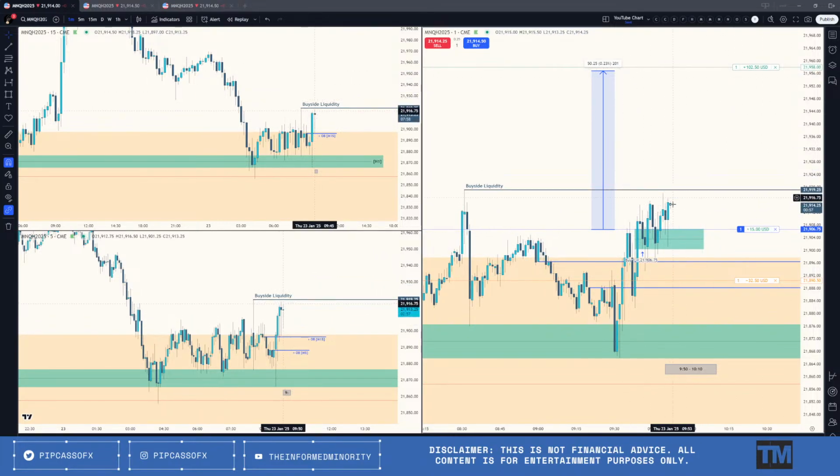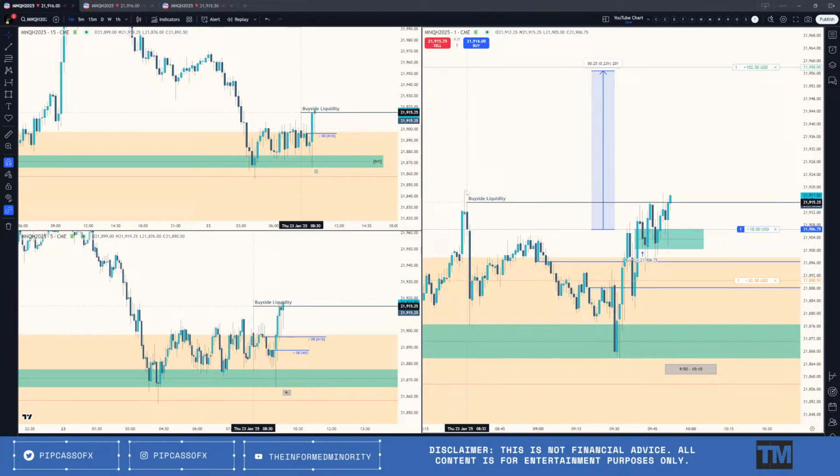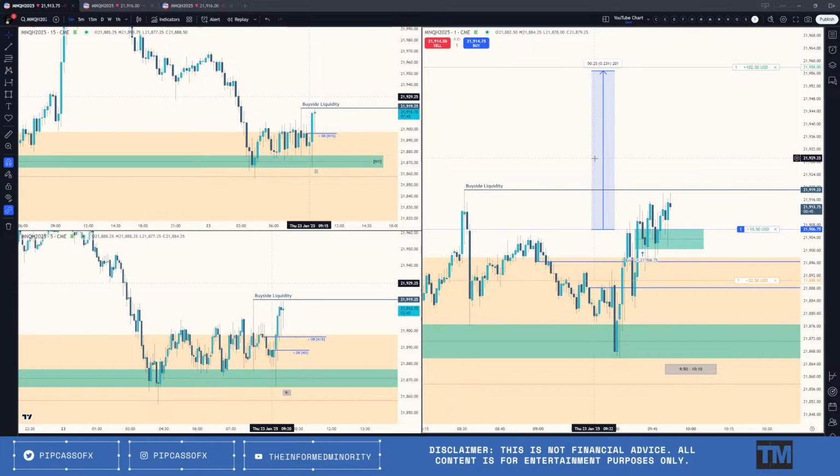Yeah, come on. Let's see this candle here hold price, and then start to trade above here, because we've got to at least get here. Come on. At least get us above this buy side liquidity. At least something. We can't go all the way up there and just fail. That wouldn't be nice. That wouldn't be nice at all.